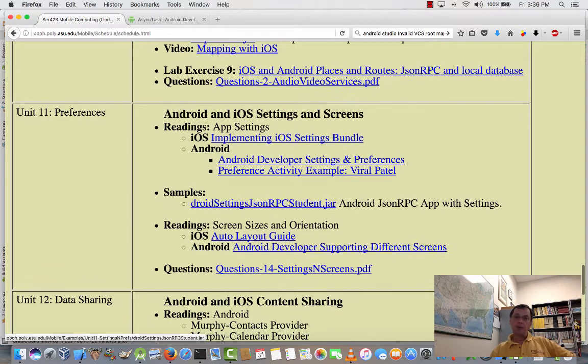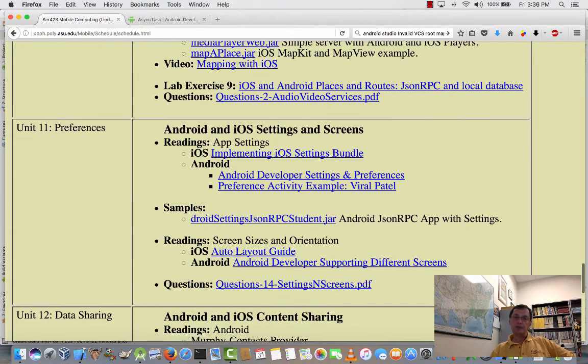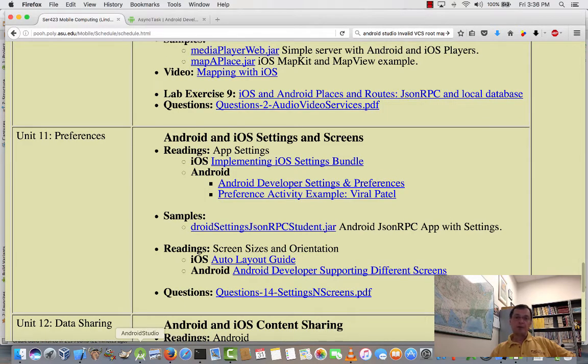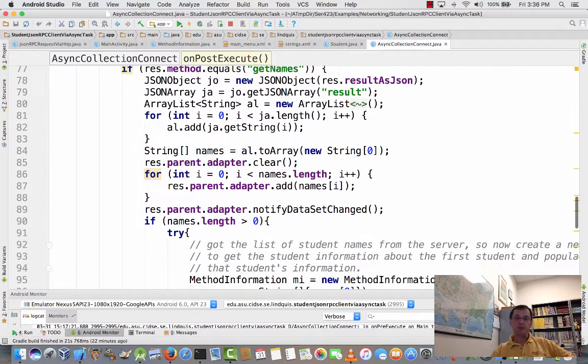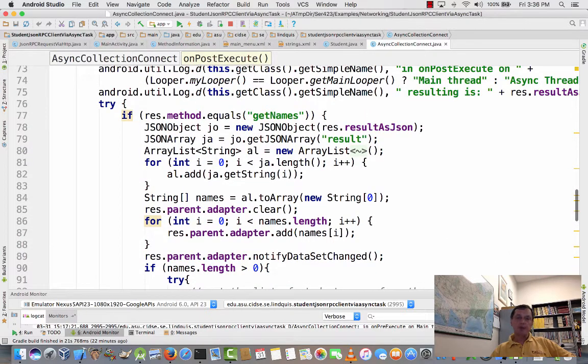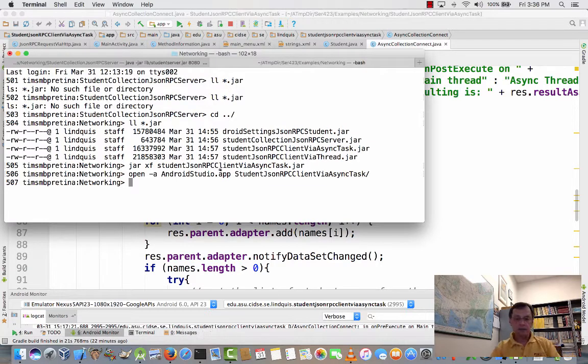So it's another very common approach or programming idiom for using an async task instead of having the somewhat convoluted, nested if-then-else to decide what was the context from which I made a request, and based upon that, what's the appropriate thing for me to do after the request has been satisfied. What you do is actually call a method on an object that implements the interface where the method is defined, and then it should know, quote unquote, based upon the context what needs to be done. Okay, so let's leave it at that for that app,